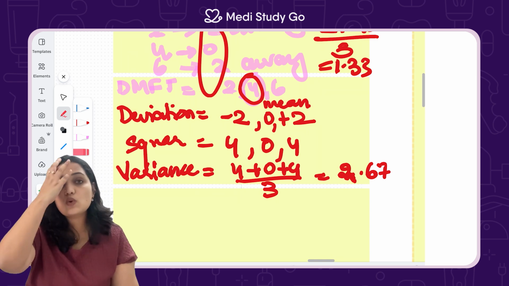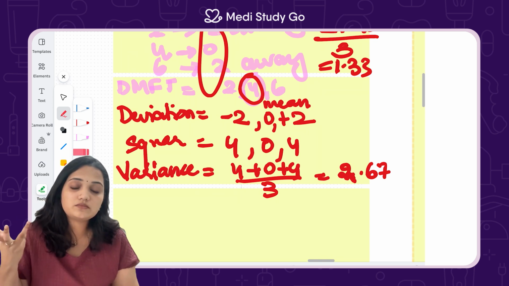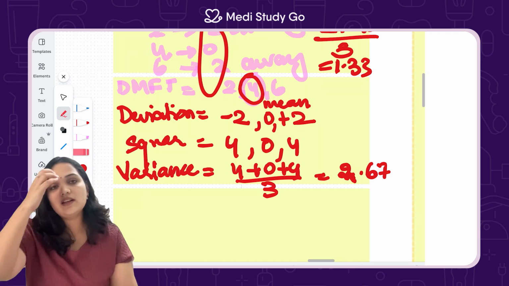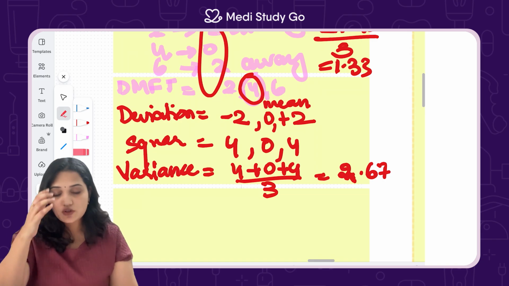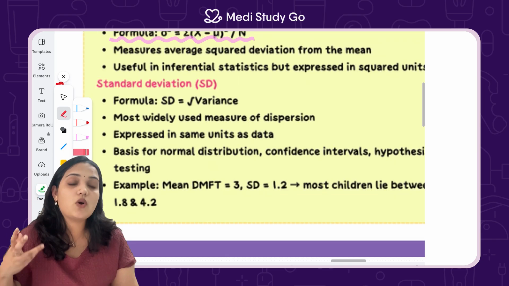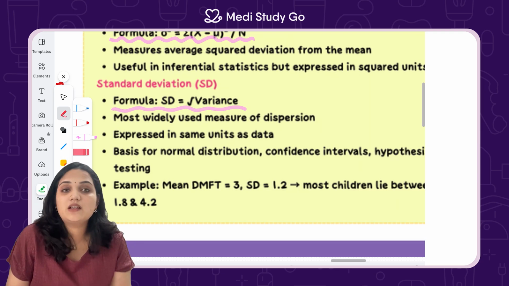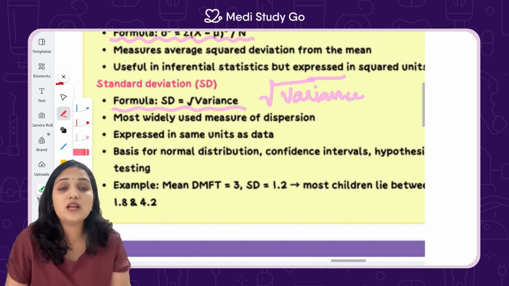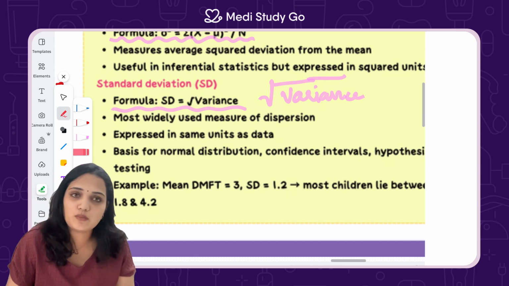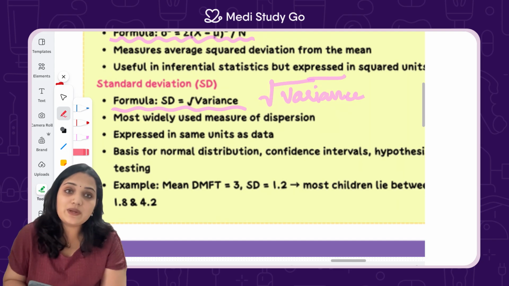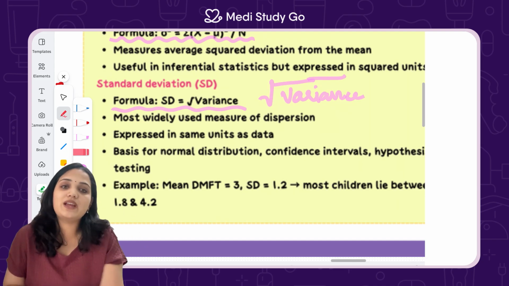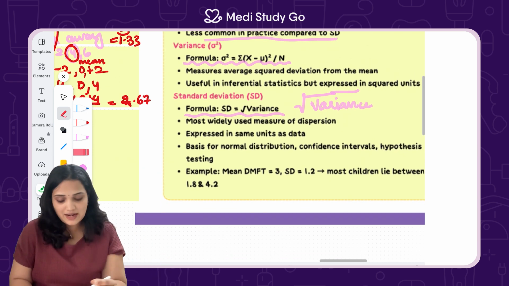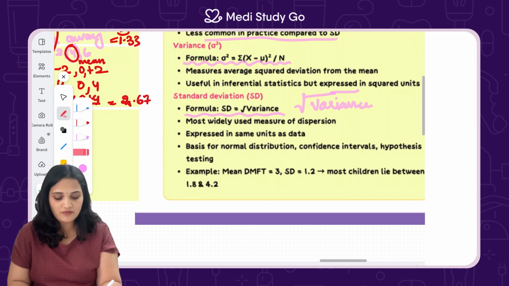We can't use squared units in our data set. Again, we'll have to reduce it, right? And we can't use the negative form also. So what do we do? Then came the concept of standard deviation. This is the most important one, guys. If you pick up nothing from this video also is fine, but pick this up, standard deviation. It's very, very important. This fixes all our problems. We take the square root of the variance that we had found. So first you'll get variance from your data set, and you do the square root of it. That's our formula, simple. Square root of variance.